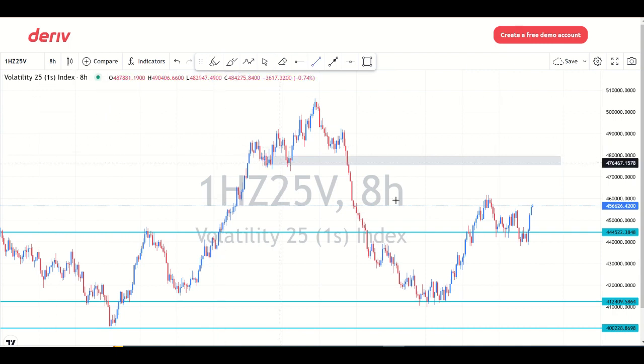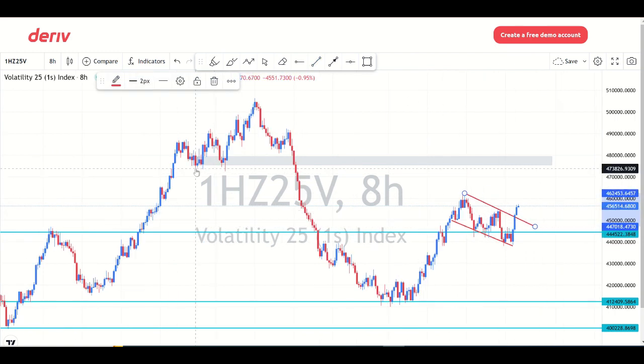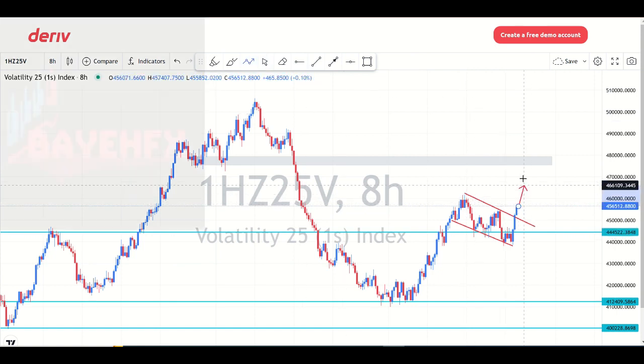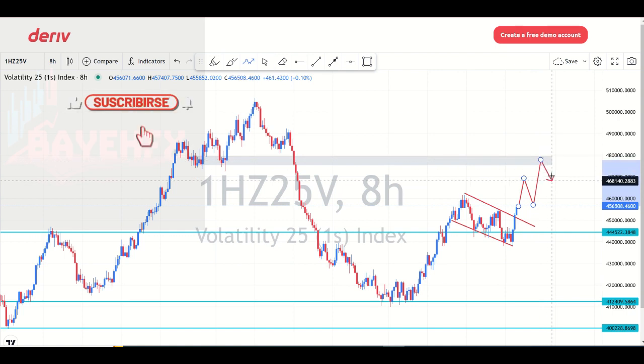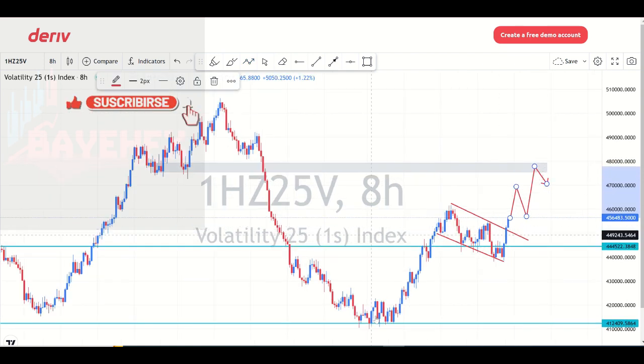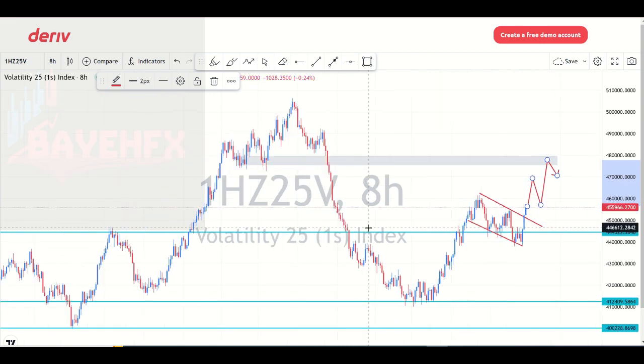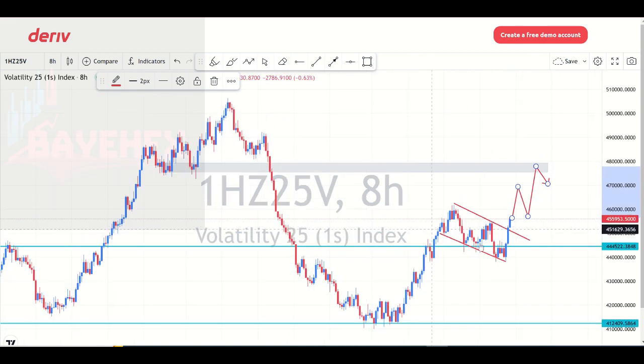So you could see here, this is a bullish continuation pattern you've seen here. As you can see, we cleanly break out. So our next where we'll be heading to after the bullish impulse, right? The market is surely going back, and then we tap here. From here, we'll now be deciding the overall direction of the market. So guys, that's it for VIX25 spot. So I'll be expecting more bullish push, and once we tap on this point of interest, we'll now be looking